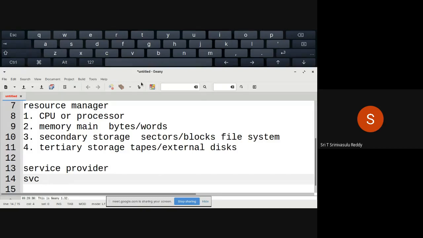For example, the Linux operating system or Unix is actually developed using the C language. All of you are already familiar with the C language. Now, if you are given the task of writing the operating system code in C language, how are you going to do that? What is your starting point?